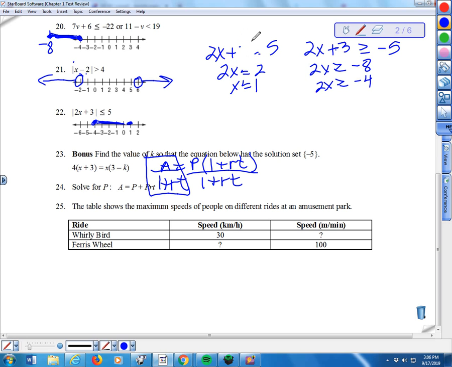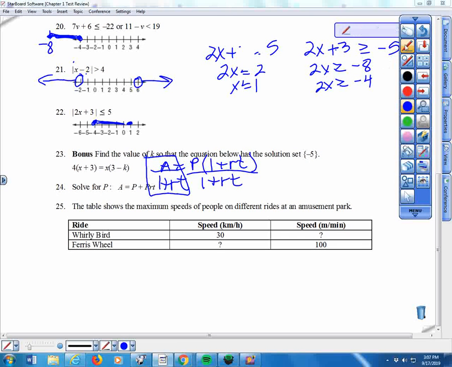So I have 30, maybe. To get from kilometers to meters, you're going to move the decimal over 3 places. So in meters per hour, it would be 3,000 when I move it over 3 places. Well, that would be meters per hour. And then I have to go from hours to minutes. So if I do it the correct way,